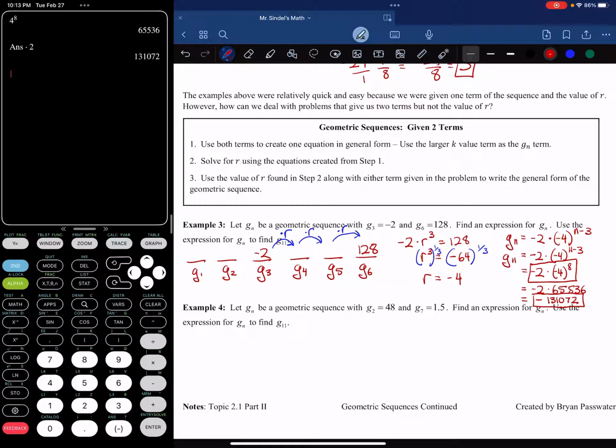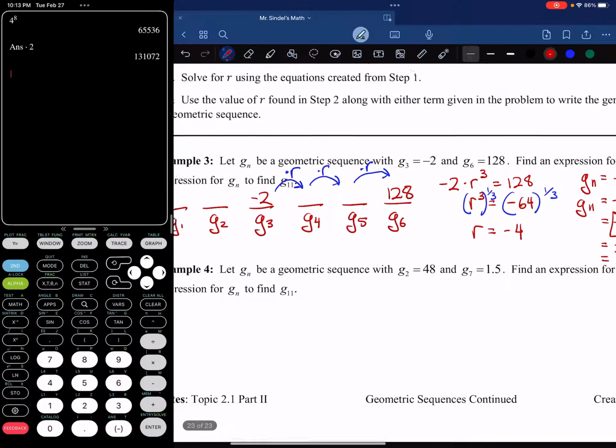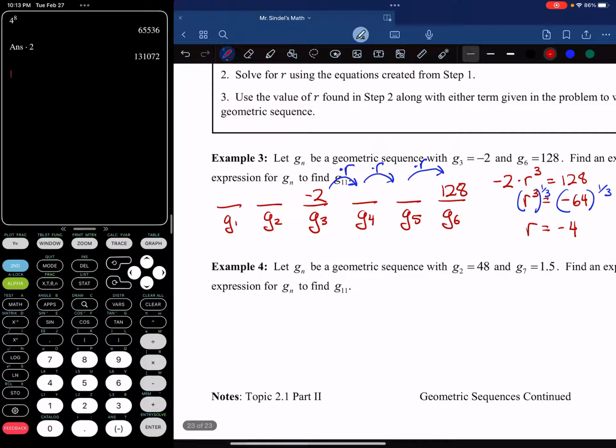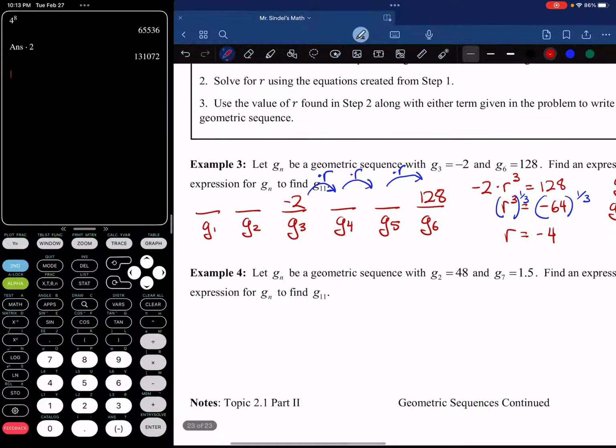Example 4, the last problem of our notes. Here we go. We have a geometric sequence, and that stuff is happening. So again, it really helps us to draw a picture. So we have 1, 2, 3, 4, 5, 6, 7 things happening. Here's g of 1, g of 2, g of 3, g of 4, g of 5, g of 6,